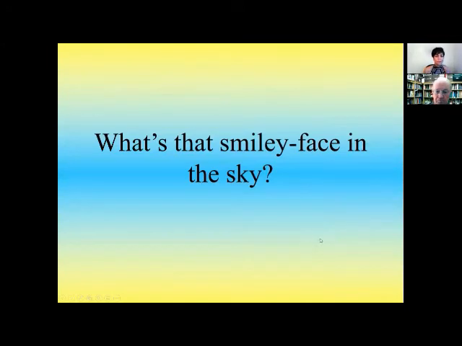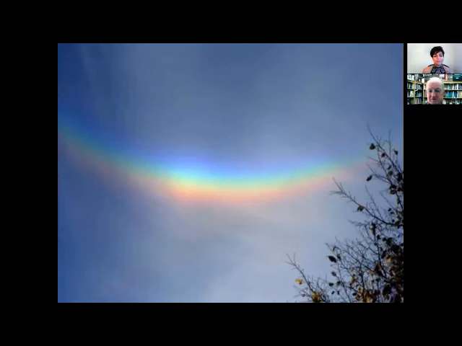This is so cool. One time I was walking across campus and a student in my mathematics in nature class pointed up at about 85 degrees from the horizon, really up high. "Professor Adam, look at that rainbow in the sky." And I looked up and I saw this thing, and clearly it's not a rainbow. It wasn't raining. It was a beautiful, crisp November morning. And also it's the wrong way around for a rainbow. So I had a bit of a problem.